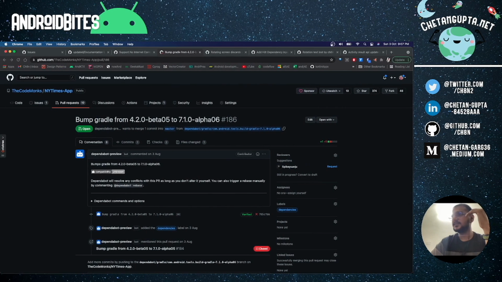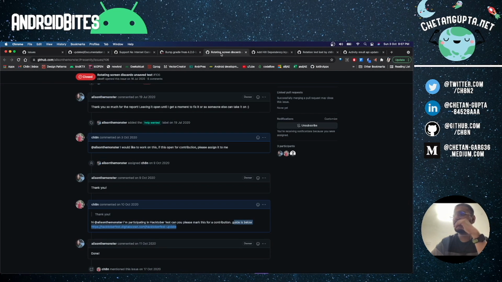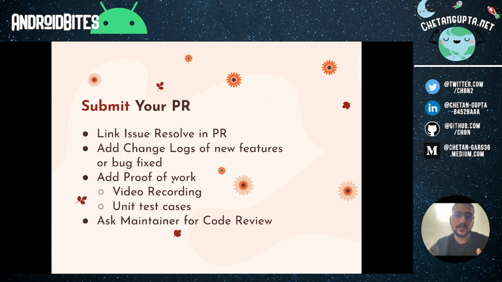And if there are any other requirements, for example, I did a lot of data flow diagrams for a repository. But to preview those data flow diagrams, they have to install a new plugin into their Android Studio, right? So you should mention that inside your PR description as well. That you need to add this plugin to see the preview, right? Or if you are doing a GitHub action kind of thing, then you also have to tell how they can trigger this action and they can test it themselves.